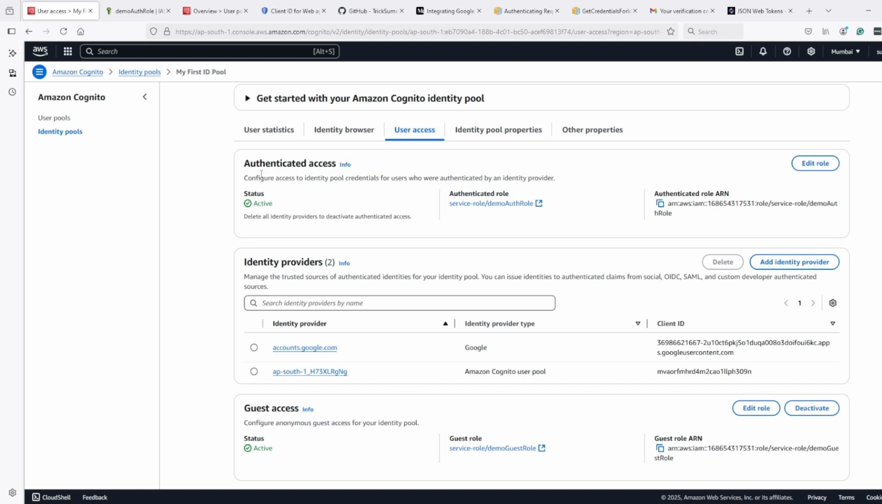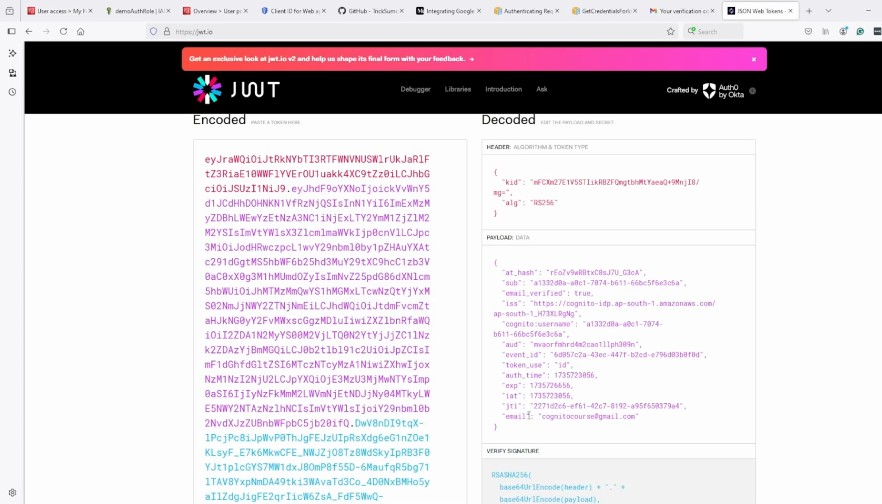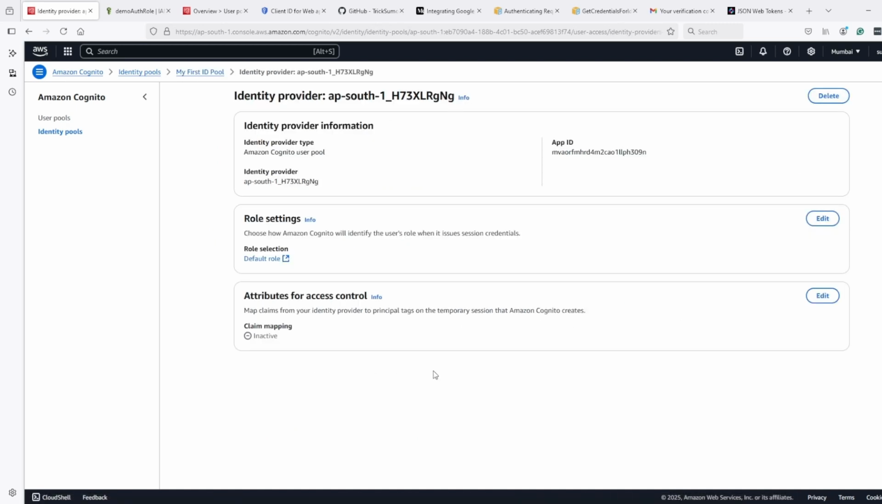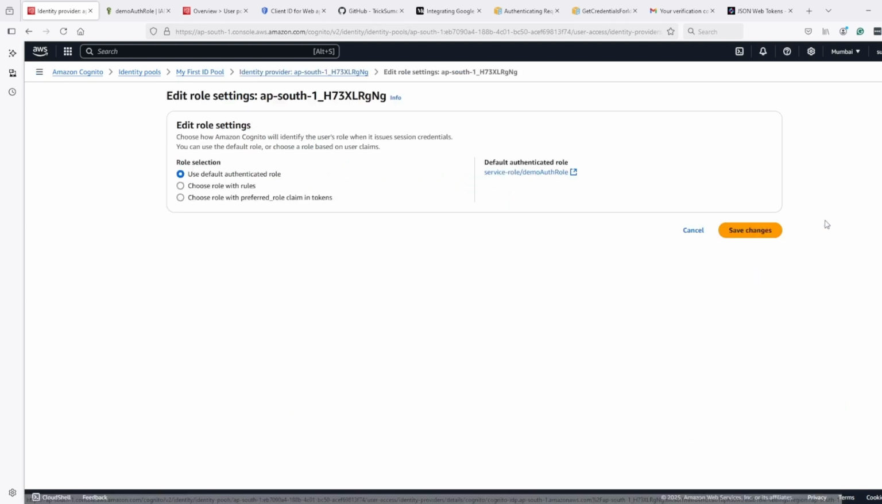But suppose for a Google account, I just want read access to the S3 bucket, but for Cognito users, I want write as well. So in that case, for a Cognito account, or instead of admin users, let's say for this particular email, I want this email to be able to write to the S3 bucket as well. So in that case, what I can do is select the identity provider and edit its role